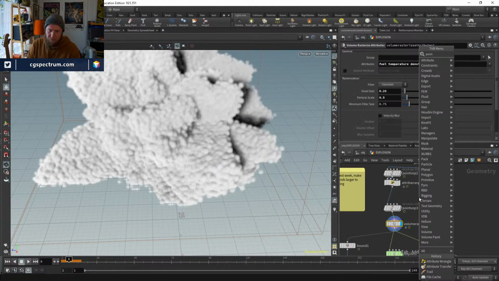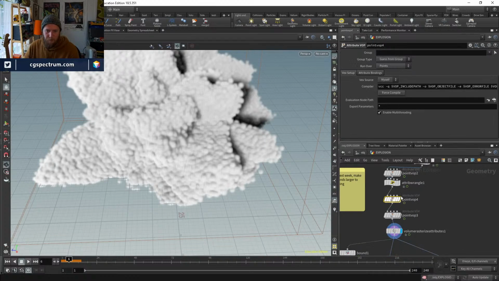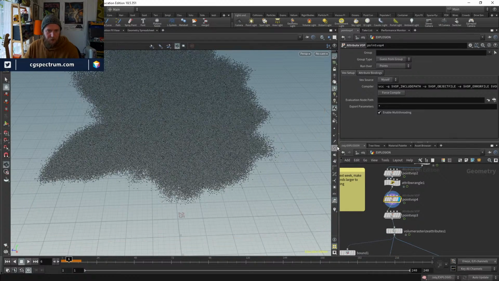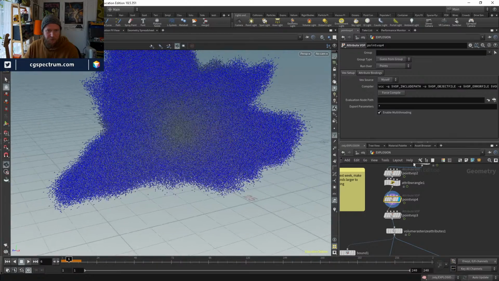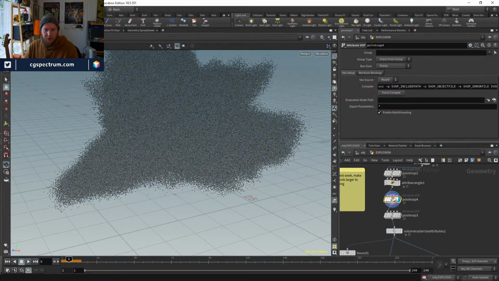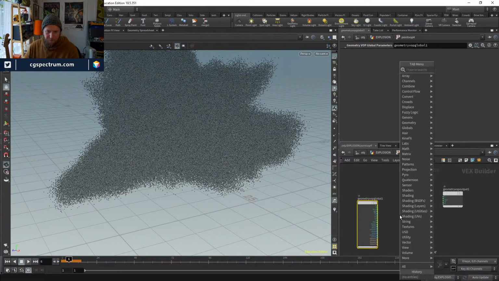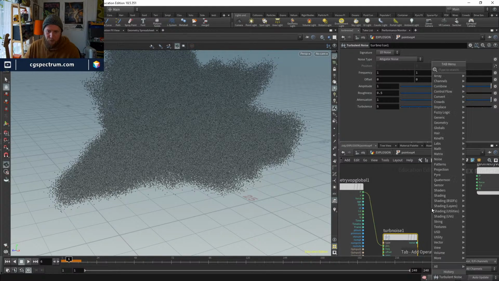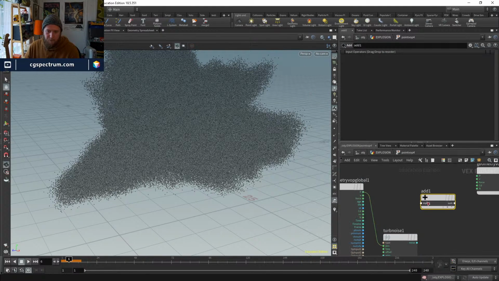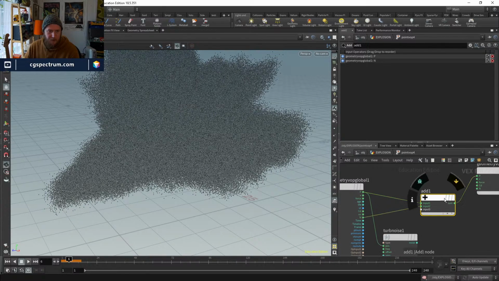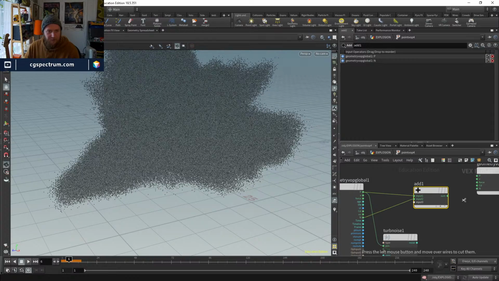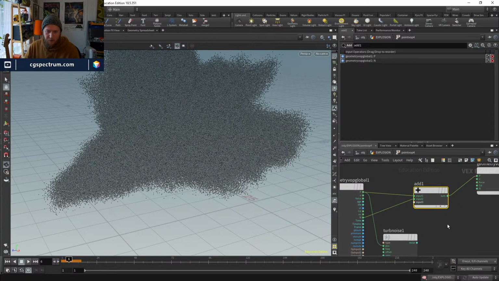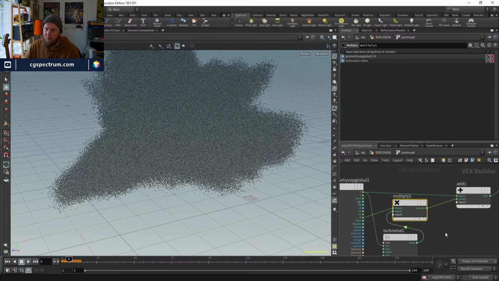Let's add a point VOP to our points here. And we've got these radial normals. So perhaps we could use those to create a displacement based on noise. And we'll add N to P. If I output that to P again, you can see that that just pushes the points outward. But if I multiply those normals by turbulent noise,